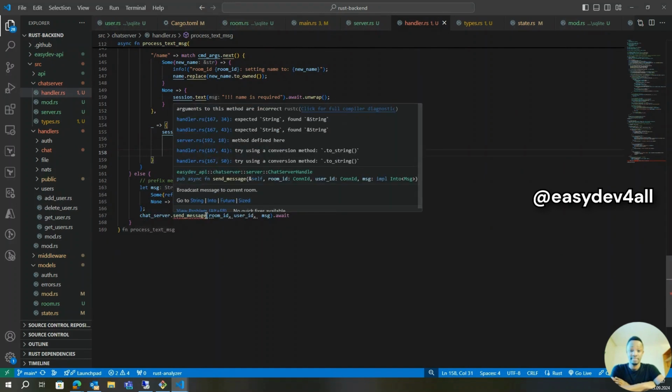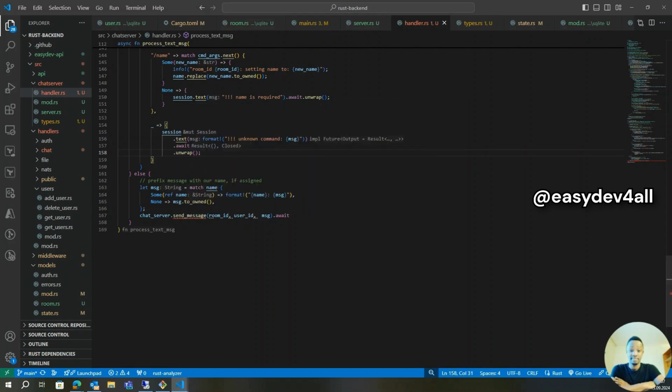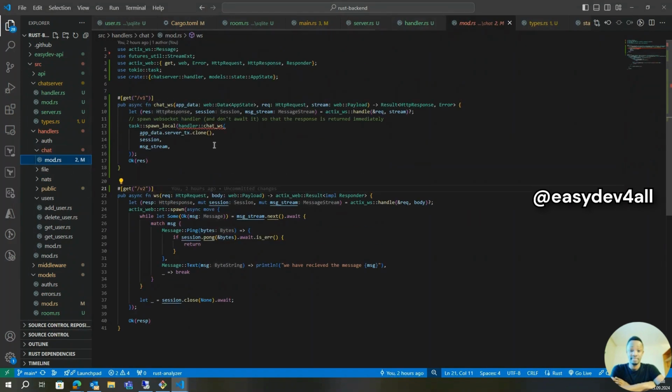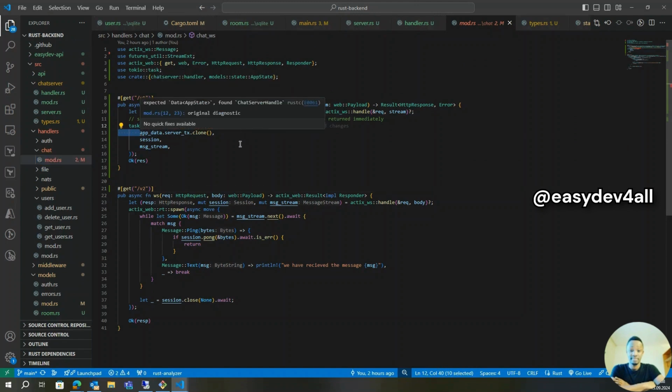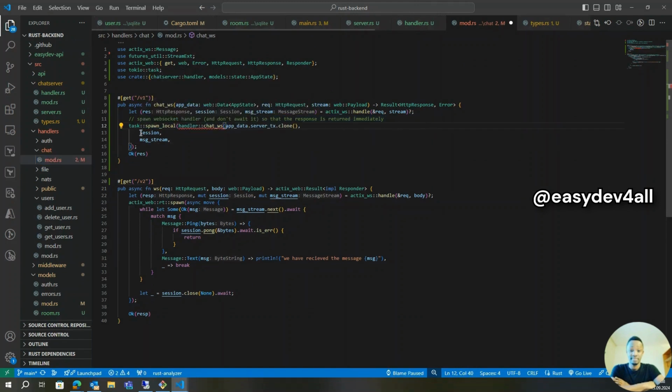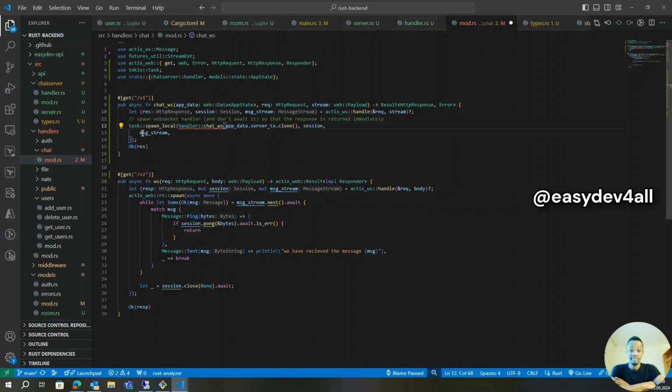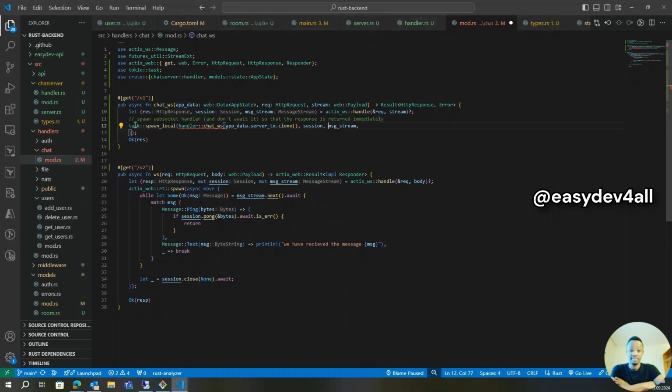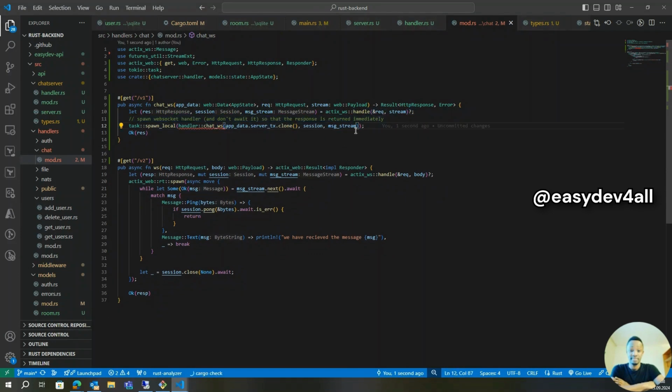So we seem to have some error here. Let me see. And now this should be fine. So now what we actually have to do is, of course, go to the chat and try to update this endpoint. If you remember, a lot of things have actually changed, because that's also why we've been making most of the changes we've made until now. So I'll try to bring all of this on one line, so maybe it's a lot easier and less intimidating actually. Okay, so now what I need to do here is, of course, apart from sending this app data,